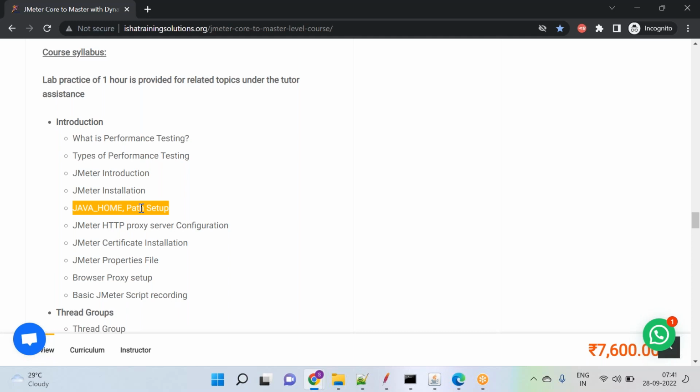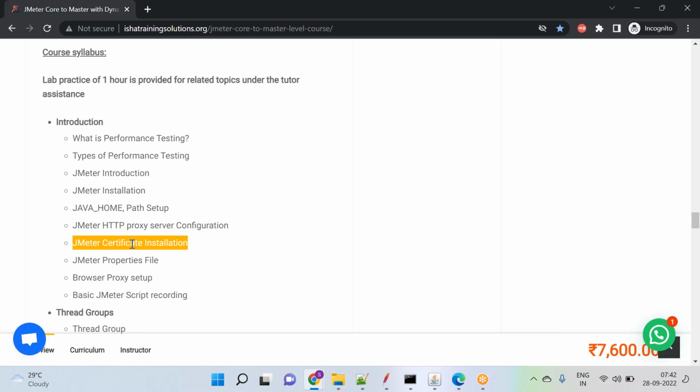A Java application. For any Java application, you need to have Java home and path configured. Without that, mostly your JMeter or your Java program will not run. Okay. So I am going to explain that as well, how to set up the Java home and path. And then proxy configuration. In JMeter, how to do the proxy configuration. Okay. And then in JMeter, there is a root certificate, because sometimes what will happen, guys, is when you are recording an HTTPS website,